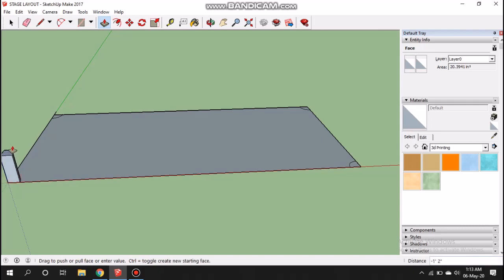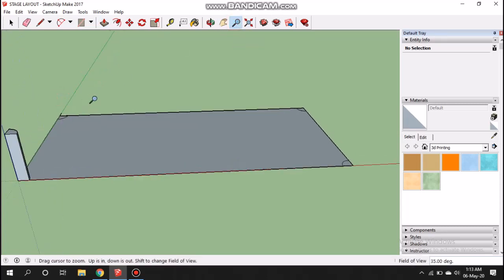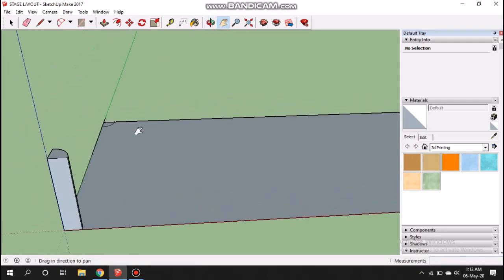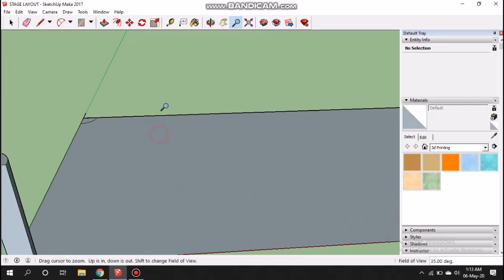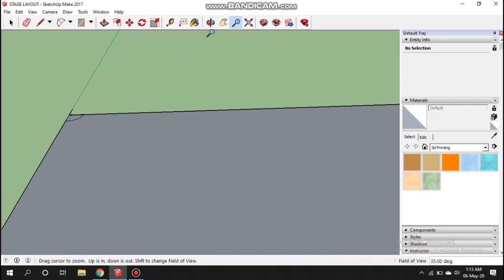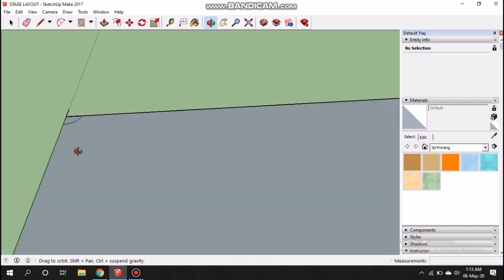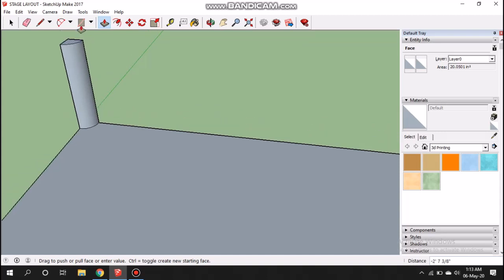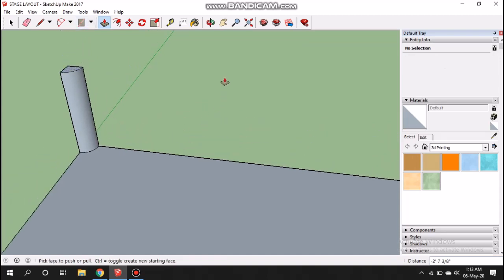Okay, so here I am extending the pillar. First we have to zoom in, slightly pan. Okay, zoom in, and then click on the push and pull tool, and here we make the pillar.